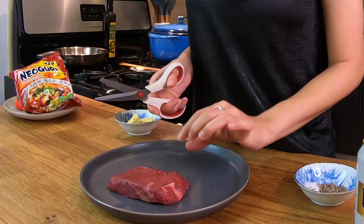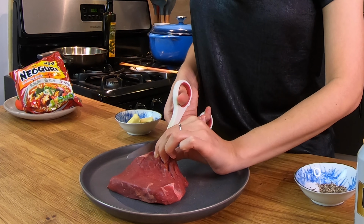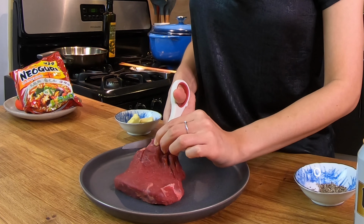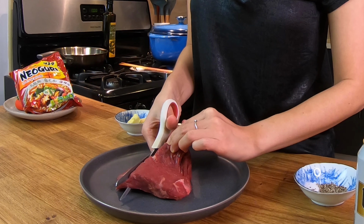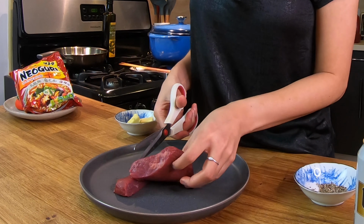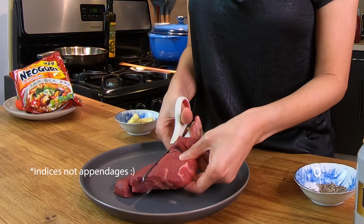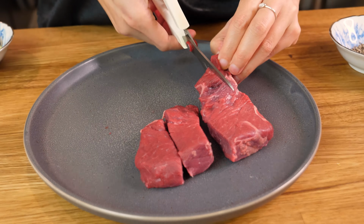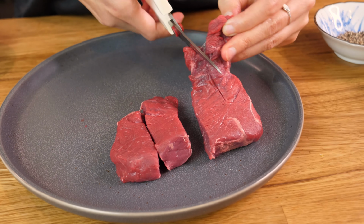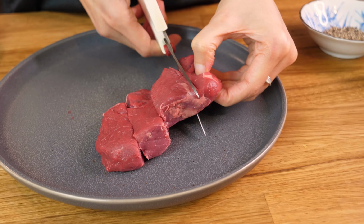So, okay, whew. Nervous. Everyone is going to tell me what a bad idea this is, but that's all right. I'm very comfortable handling meat in this manner. Biggest thing is just to be careful of your appendages. Do not mistake your fingers for a piece of beef. I actually think it would be really funny if I just cut my fingers after just saying that, but